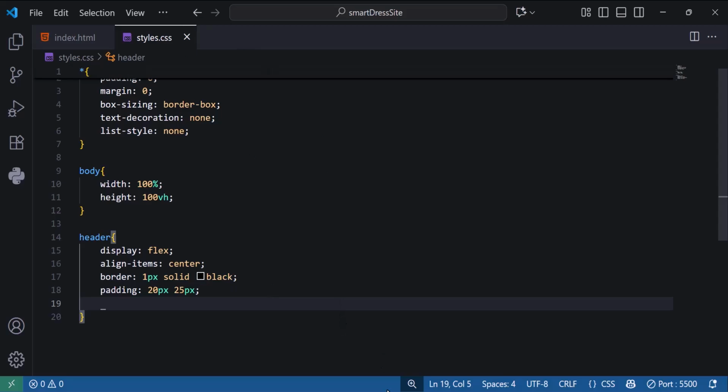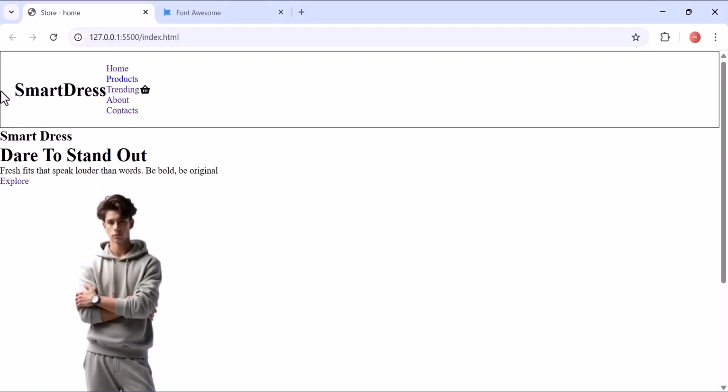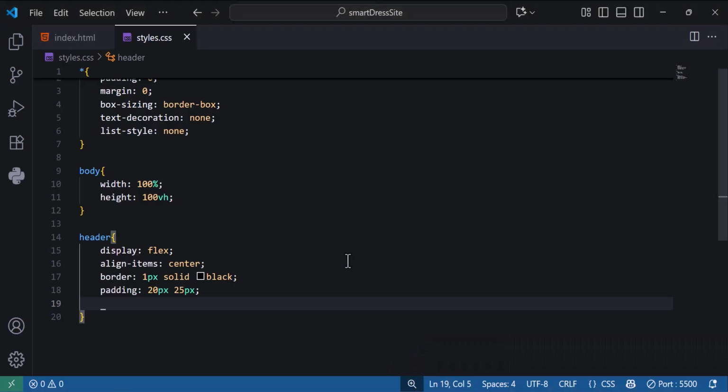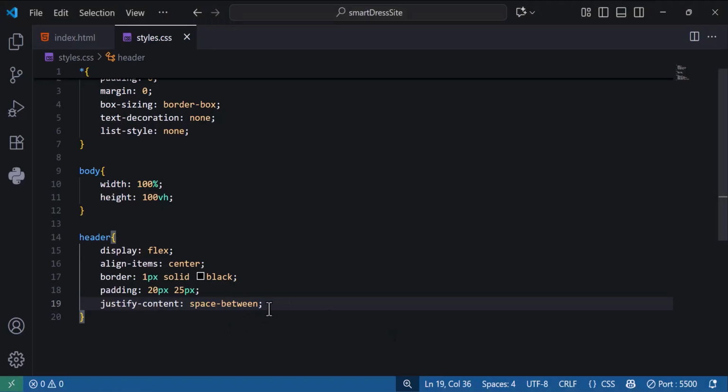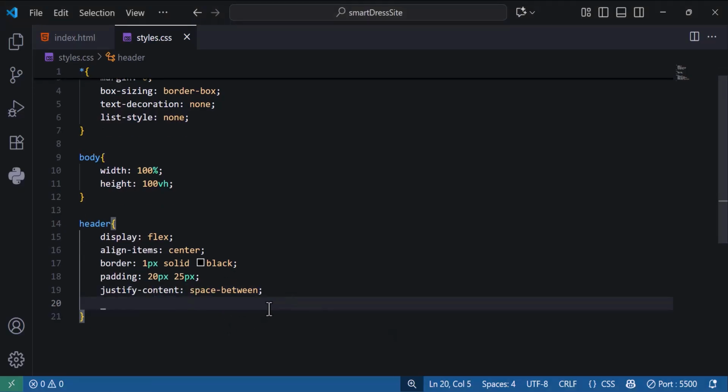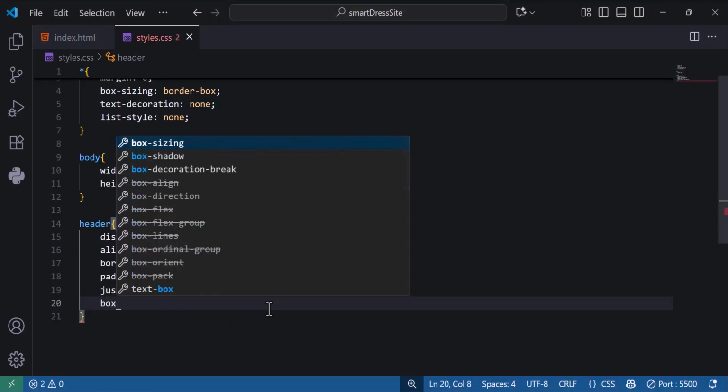So let's look at our header again. You can see we have now some spacing here. We have nothing this side, so we can't see anything. And I'm going to say justify content space between. So I will just say JCSB, and we'll have justify content space between. So we see we have our basket on this side, and actually right now we can see we have some spacing. Now let's continue. We can say box shadow, box-shadow,